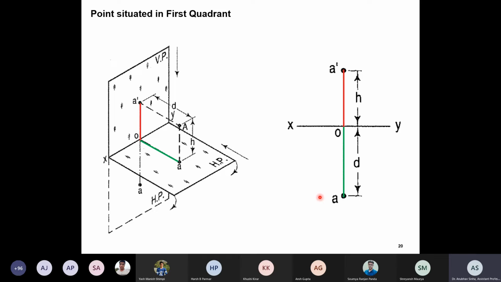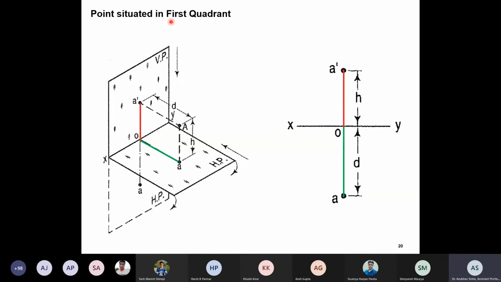So in the next few slides I will show points in different quadrants, and I have marked red and green, which you can see in all the corresponding lines. For your assignments, you will get a question to show some point. Let us say I give you distance D is 5 mm, this is 10 mm, something like that. So you know what exactly to do. This is your pictorial view. In your assignment, you have questions which say draw pictorial view and orthographic projection. So this is the pictorial view, this is the orthographic projection. This is what you have to do.